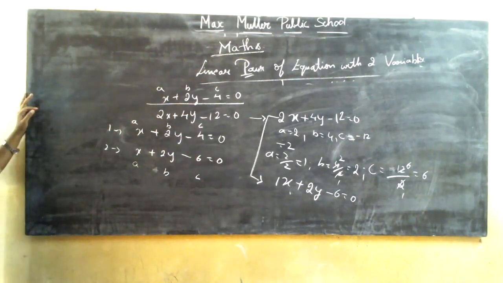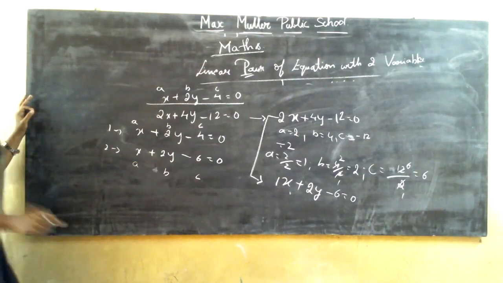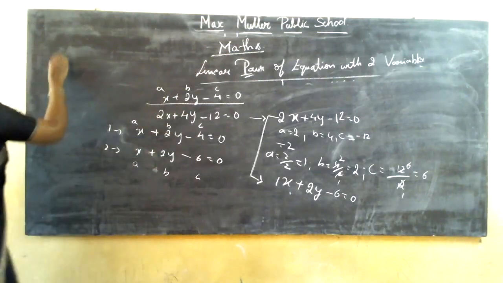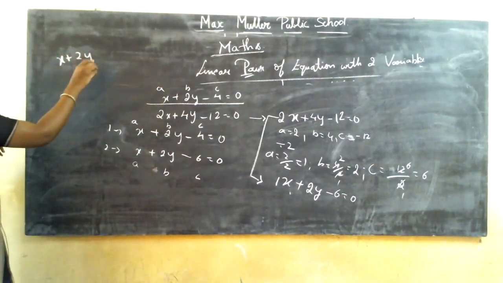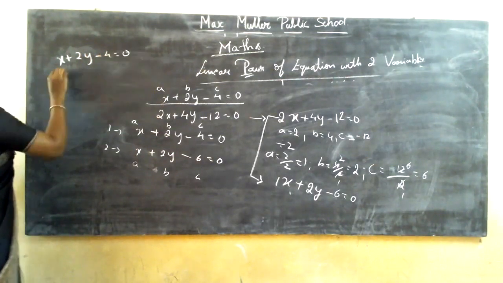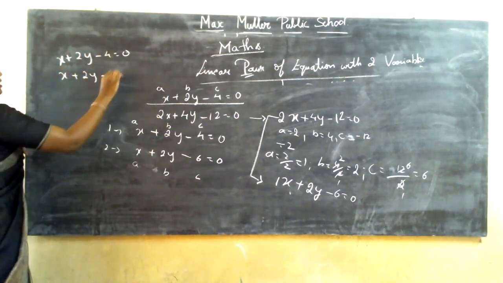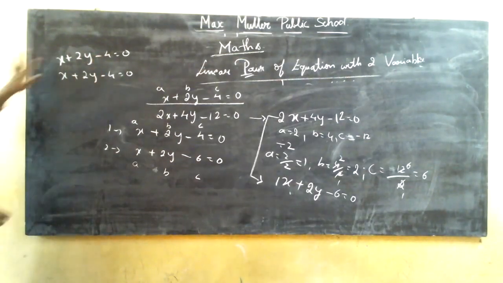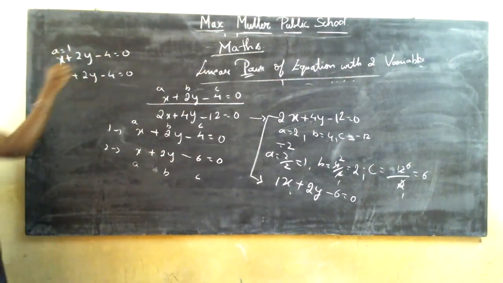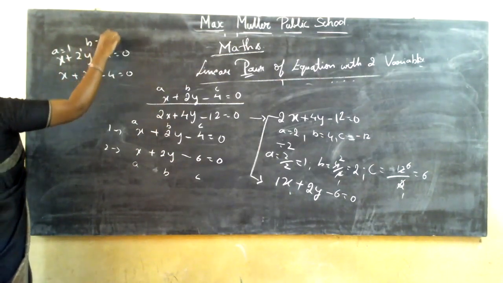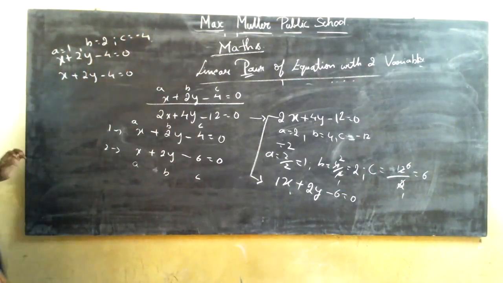If both the equations have the same numbers and same sign, then you are going to say it is a coincident line. Clear about this? Then you are going to say it is a coincident line. Why? Because you have the numbers same. For example, if it is x plus 2y minus 4 is equal to 0 and it is x plus 2y minus 4 is equal to 0. See, now, what is the a value of the first equation? It is 1, and b value of the second equation is 2 and c value of the second equation is minus 4.